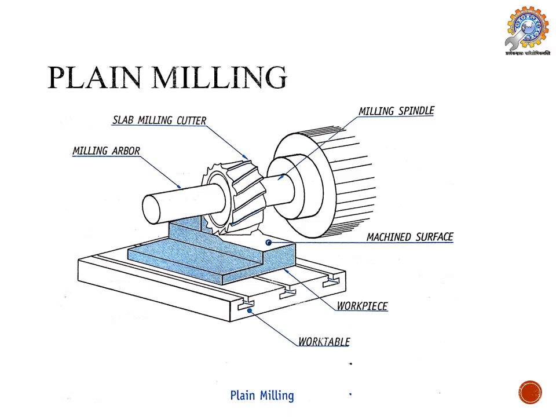In the figure we can see the milling arbor, which is holding the slab milling or plane milling cutter. On its periphery it is going to have the cutting teeth, and when the arbor rotates, by shearing the material, the metal will be removed in the form of small metal chips. The milling spindle is going to drive this arbor, and along with that the cutter is going to rotate at a proper speed. The workpiece will be held firmly in the jaws of that vise, and the vise is fixed firmly to the work table.